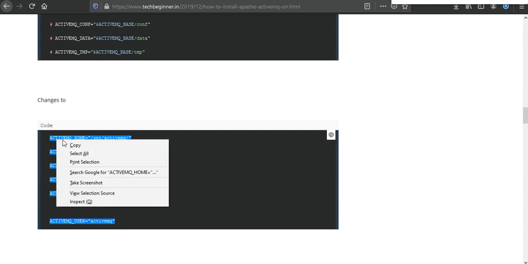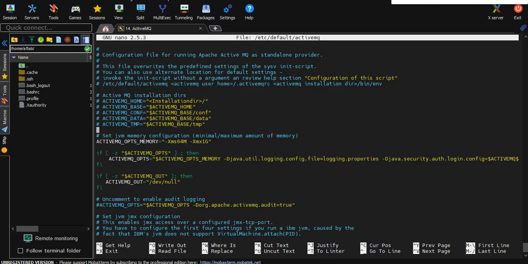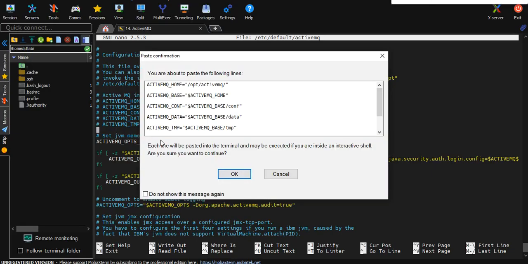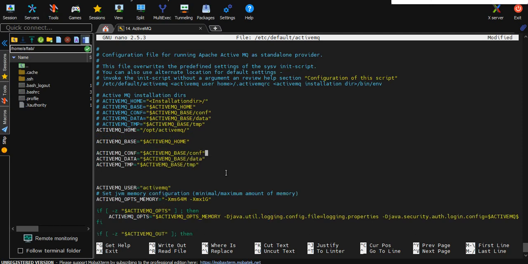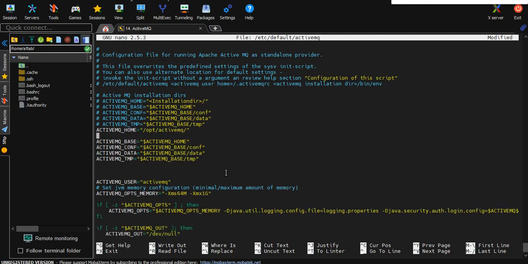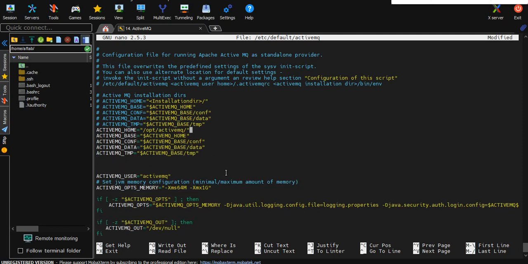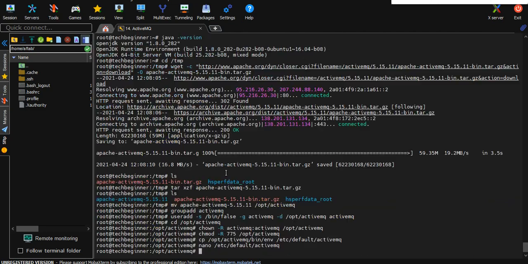I need to copy this code and paste here, and after that let's remove the blank spaces, and I need to save this config file.